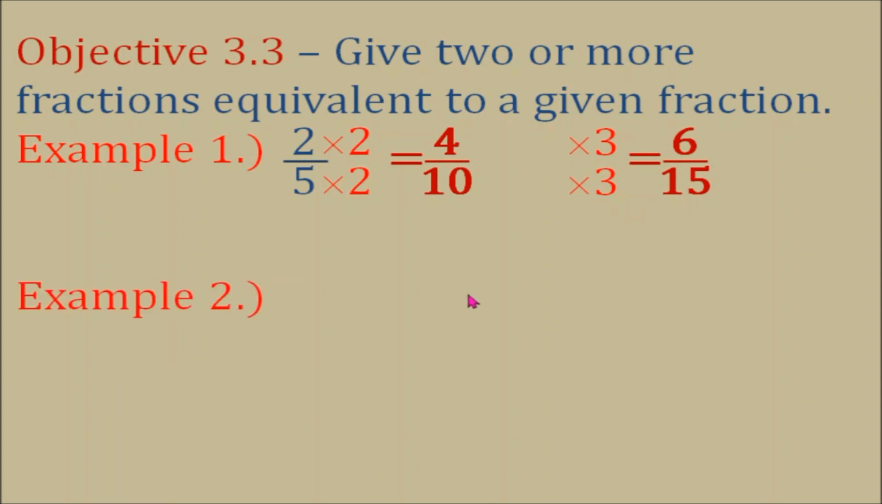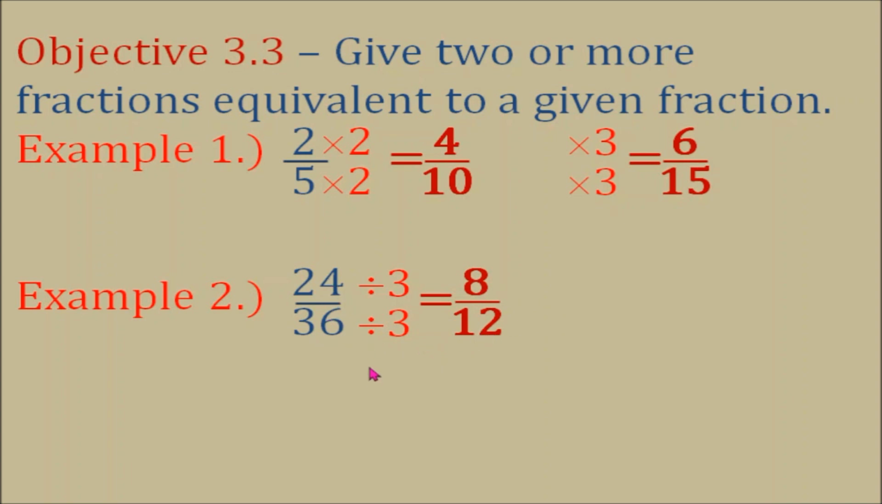Example number 2, 24/36. If we divide both the numerator and the denominator by the same number, we will obtain a fraction that is equal to 24/36. For example, divide both the numerator and the denominator by 3. So 24 divided by 3 is 8, and 36 divided by 3 is 12. So 8/12 is equal to